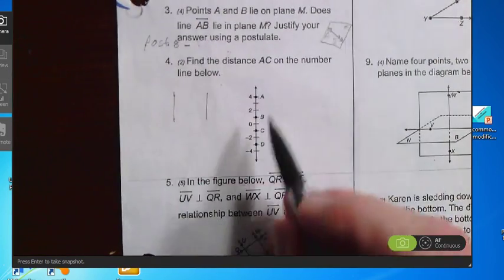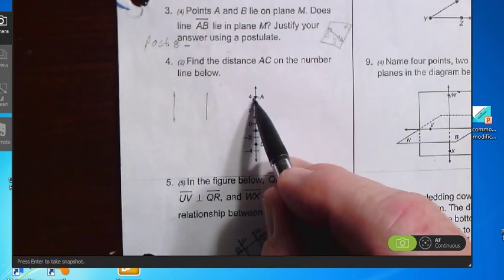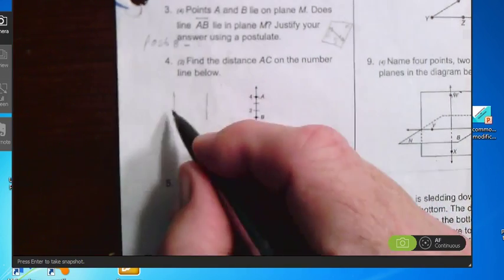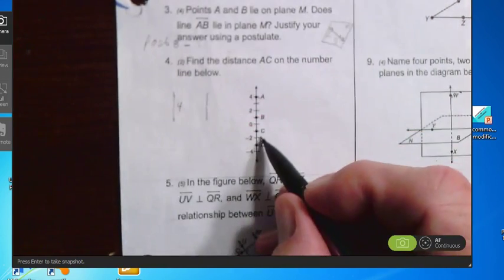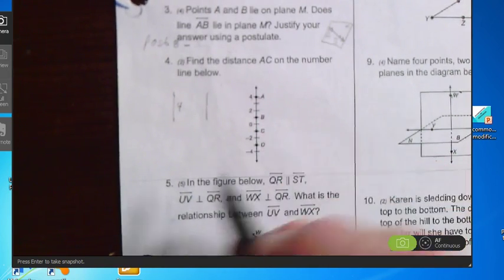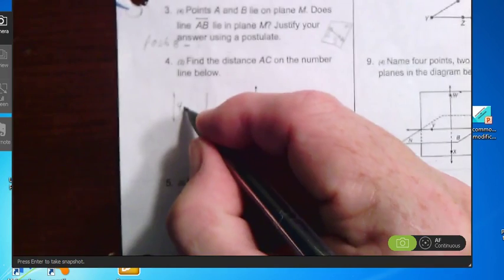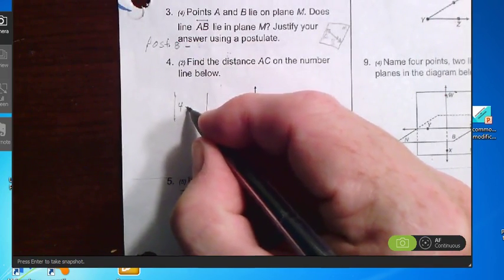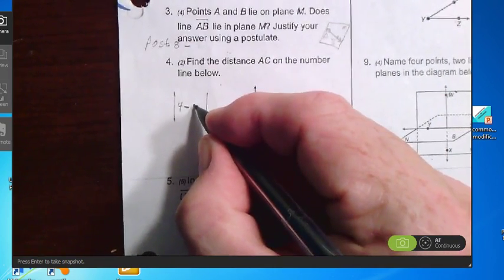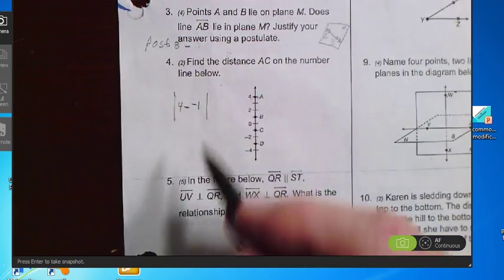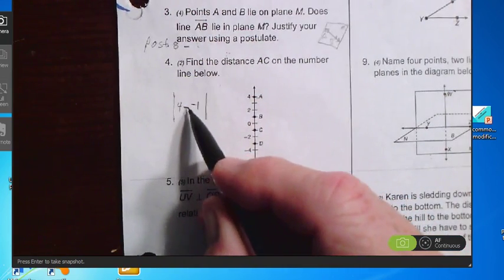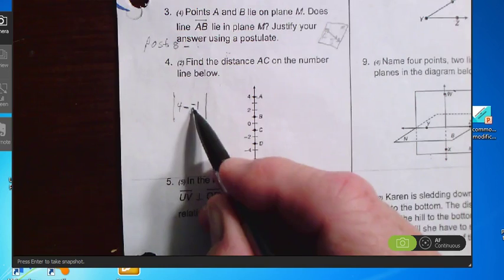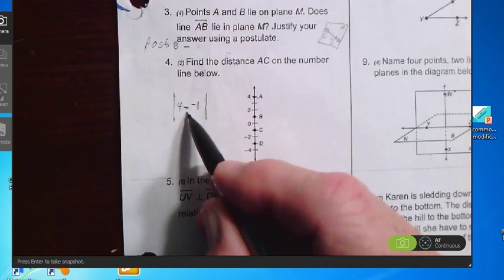You would take the value of A, which is 4, and subtract the value of C, which is -1. So you're always subtracting. So 4 minus -1, of course, is going to be 5